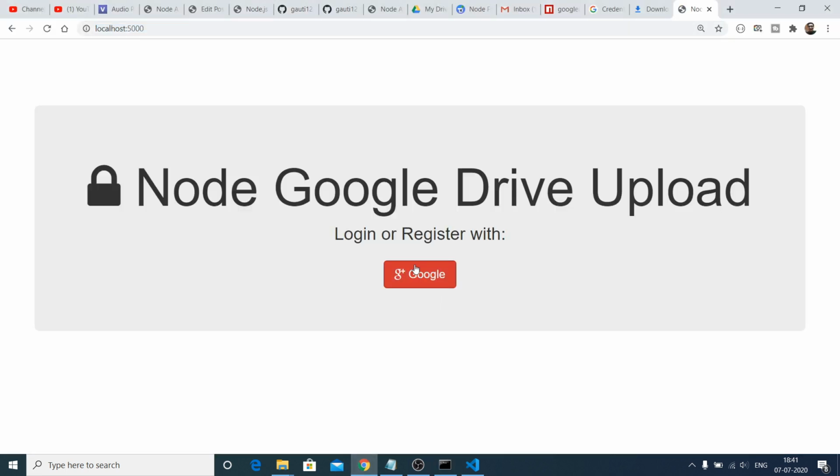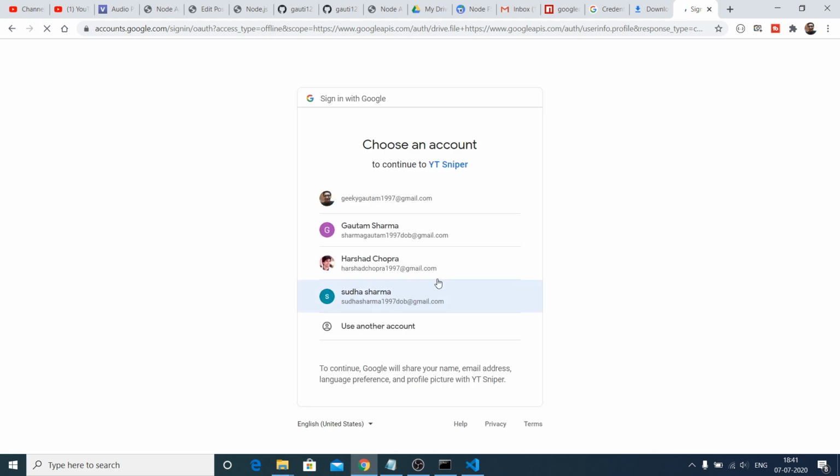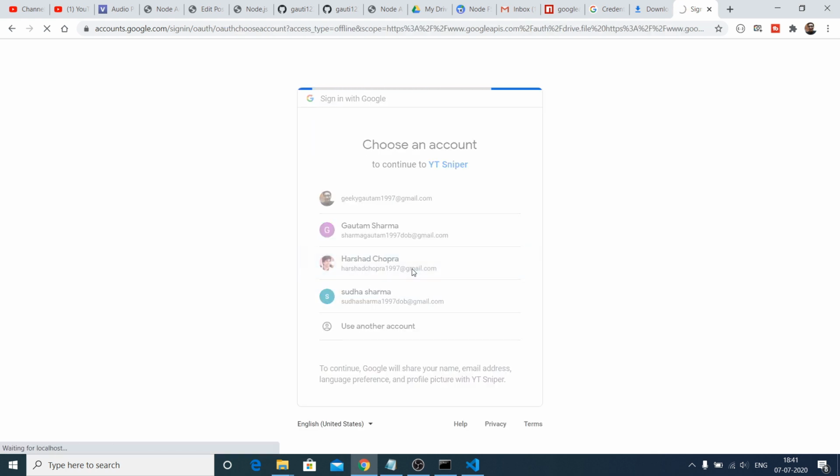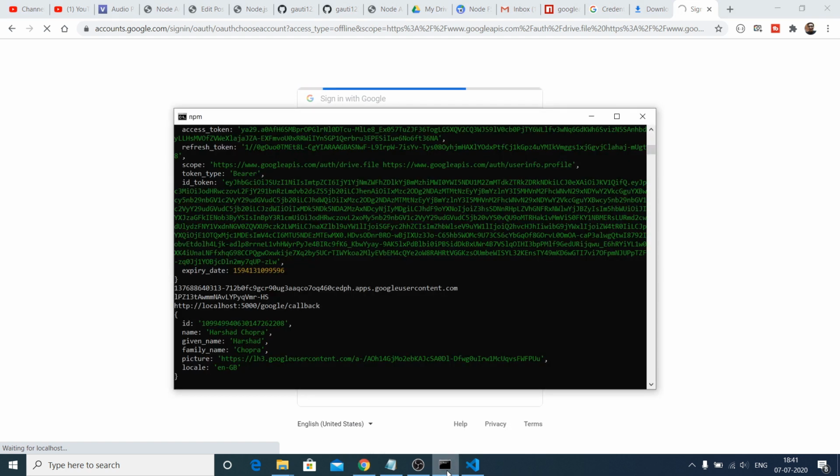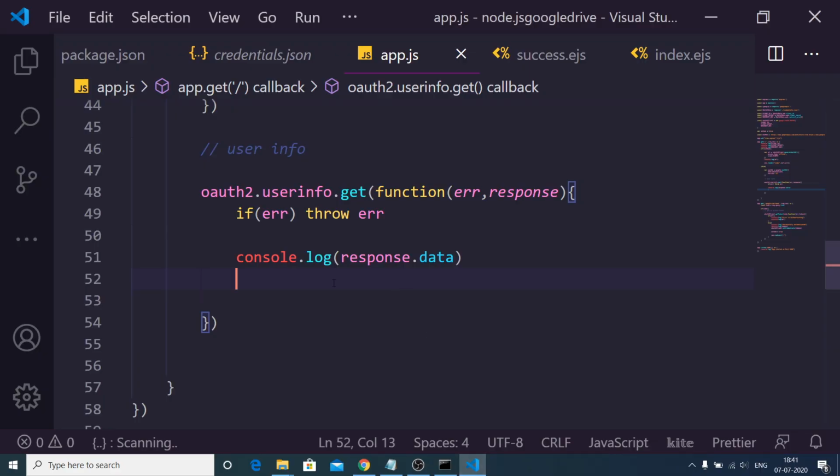If I again press the Google button, and now if I select this, you will see that it is giving me this object: name, family name, given name, and the picture. So I just need to store these two details.